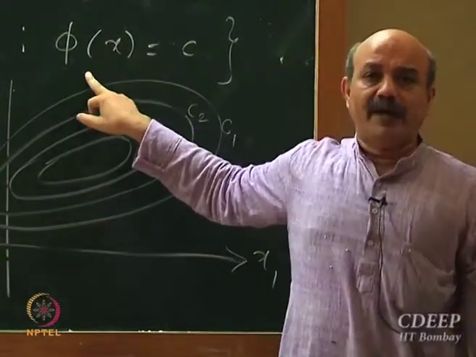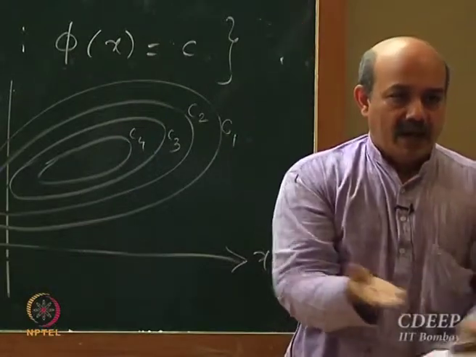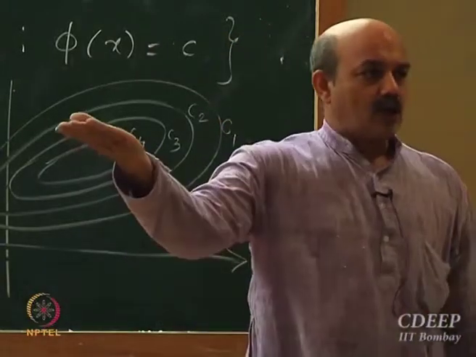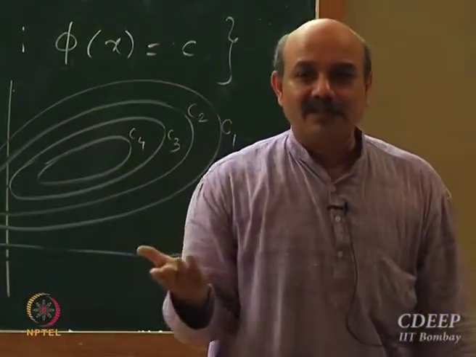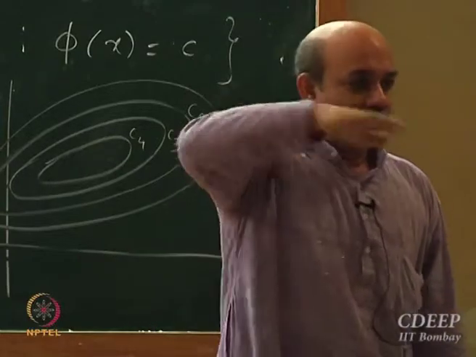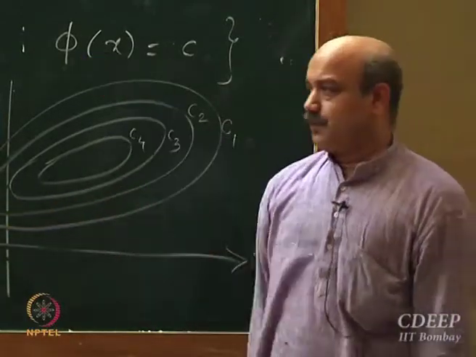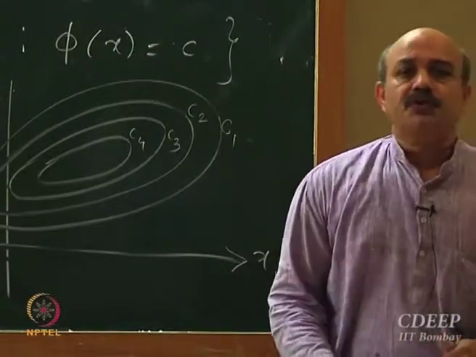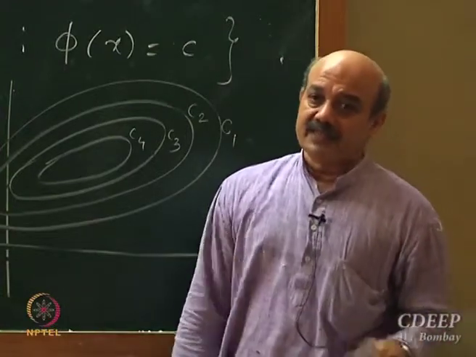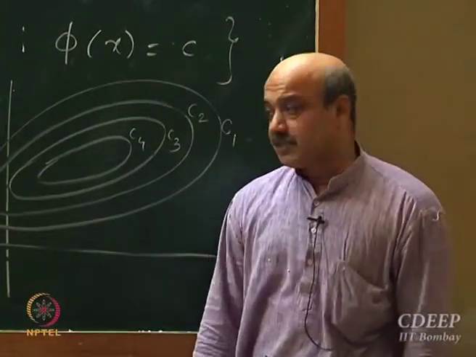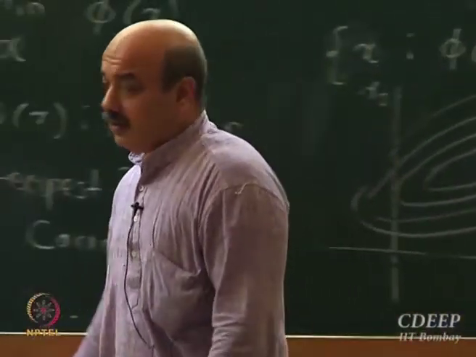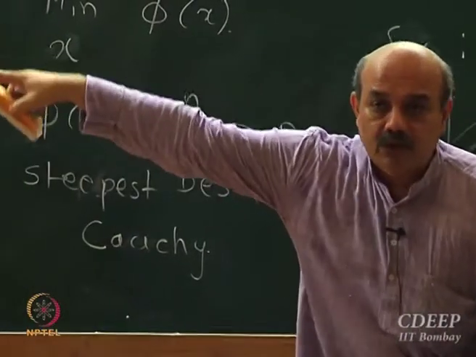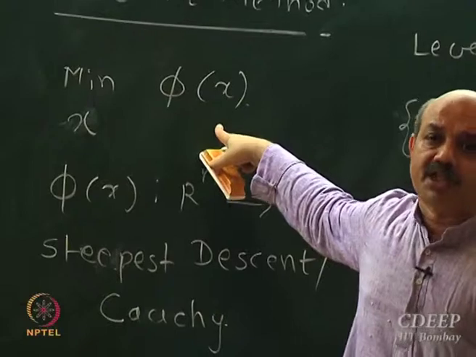What is phi x? View phi x as a height, and x1, x2 as ground locations. If you take a constant level, it's also called a level surface. Probably the reason for the name is to relate it to level. Now I am going to use the local behavior of these level surfaces to come up with an iteration scheme for solving this minimization problem. For the time being, I am going to forget about solving linear algebraic equations. I am just concentrating on this general problem.